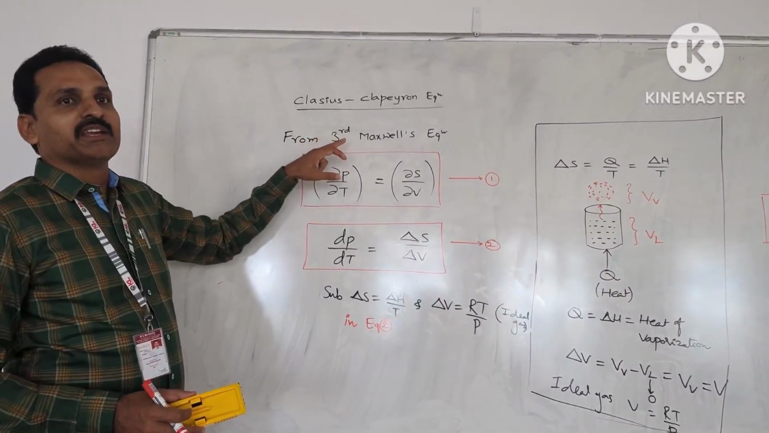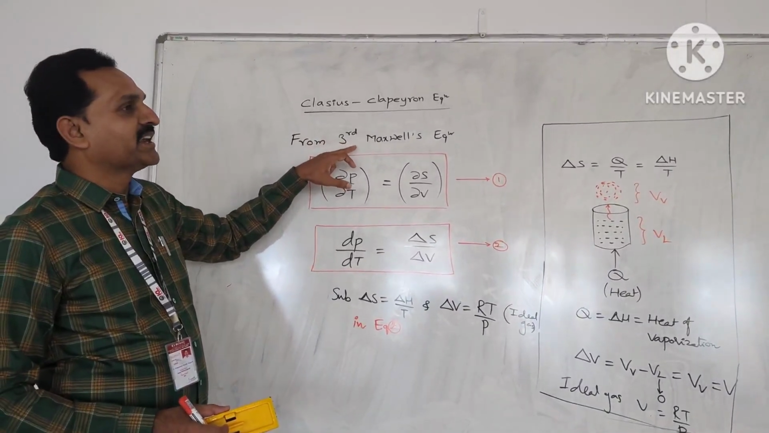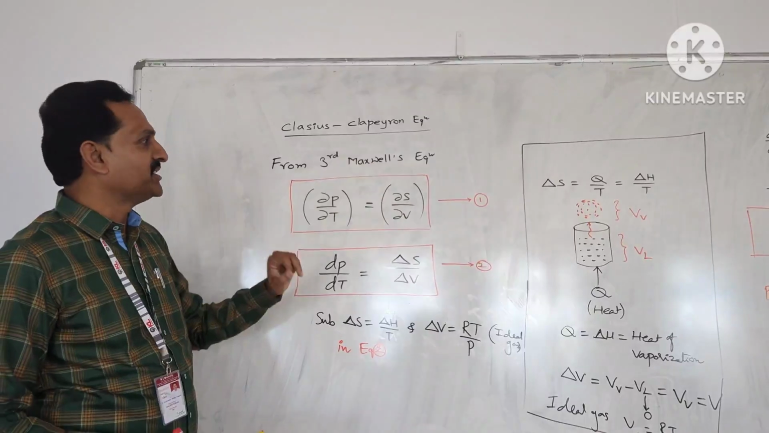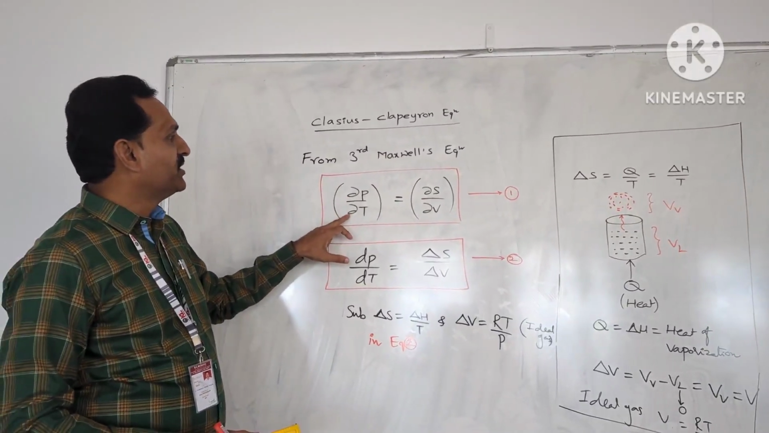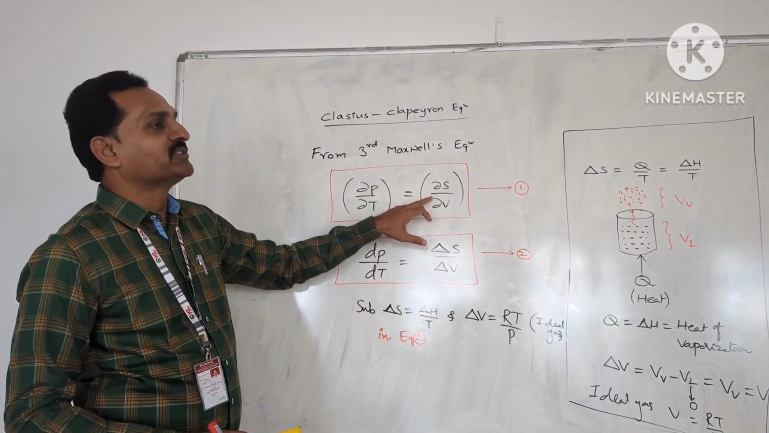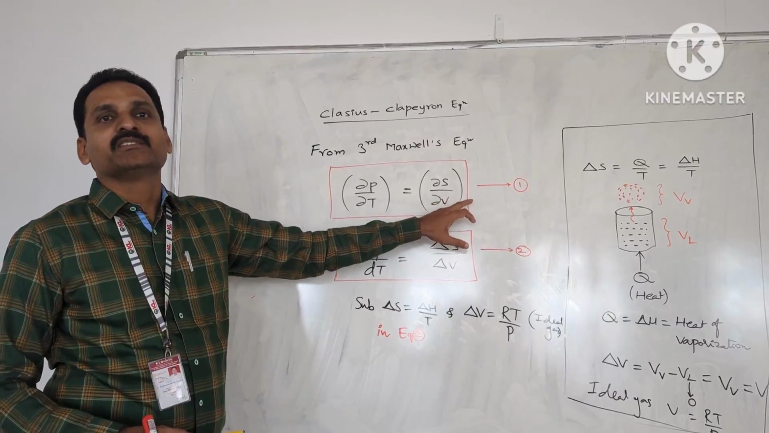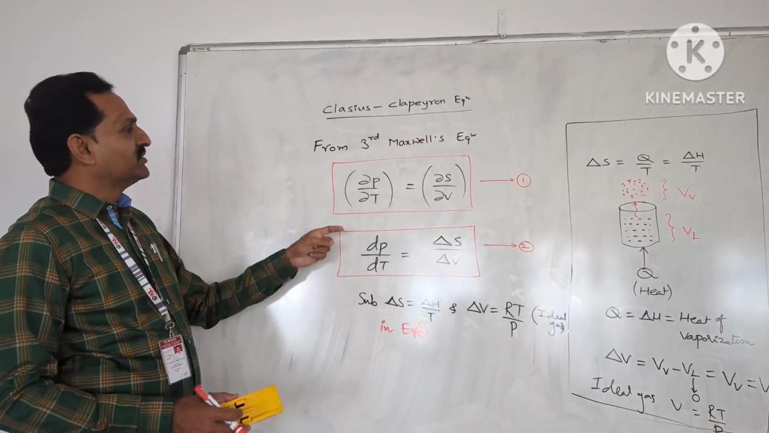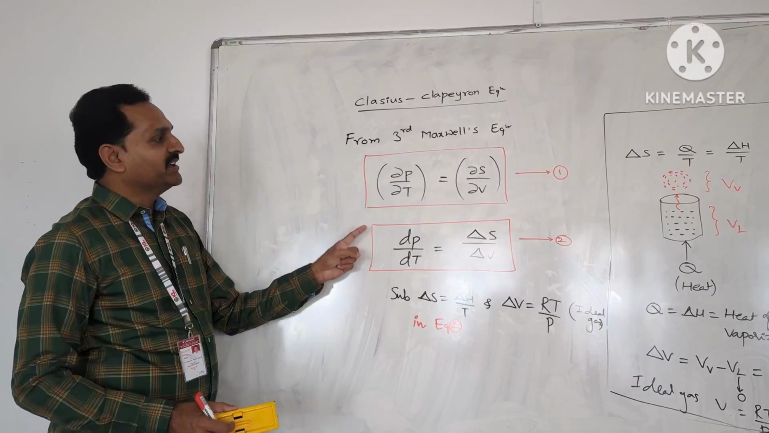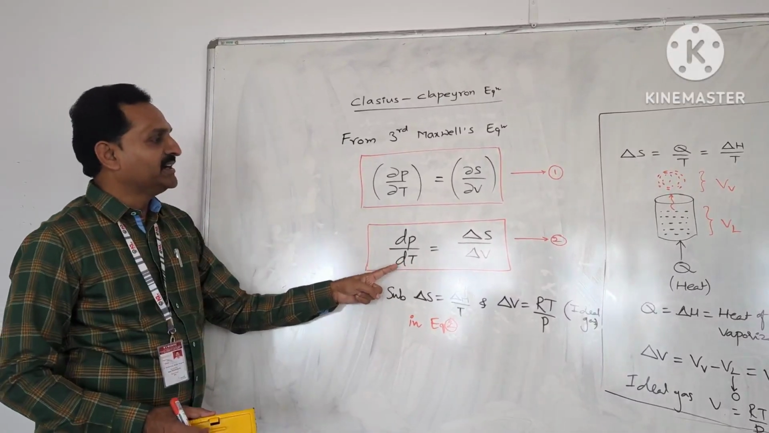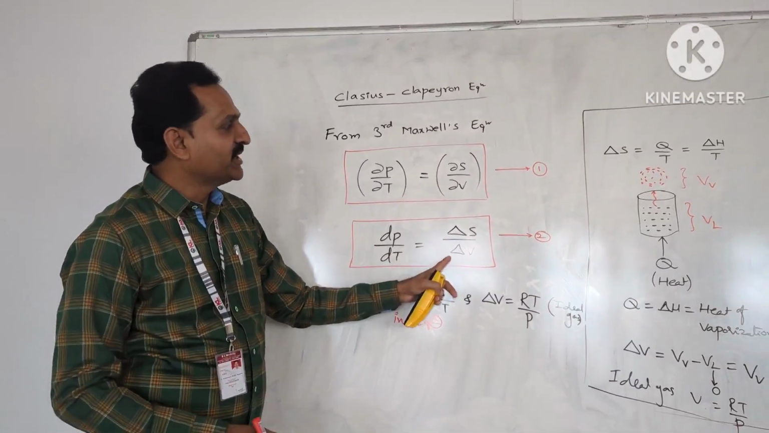The Clausius-Clapeyron equation can be derived from the third Maxwell equation. So ∂P/∂T is equal to ∂S/∂V. It can be represented as equation 1. So equation 1 can be rewritten as dP/dT is equal to ΔS/ΔV,